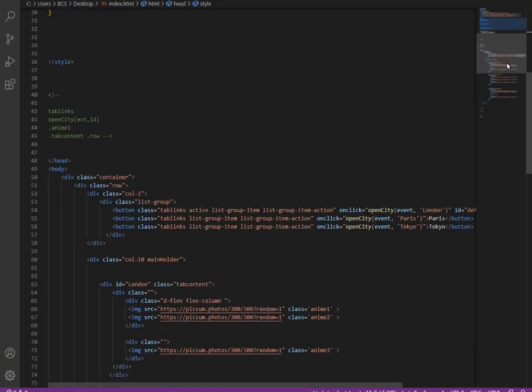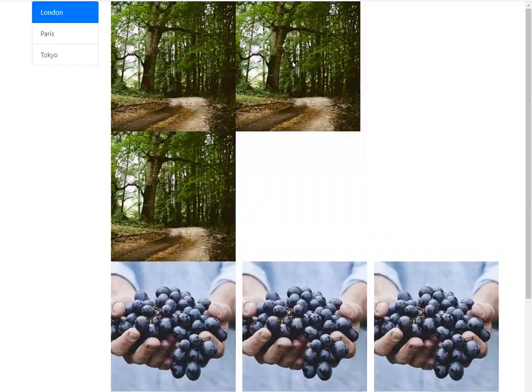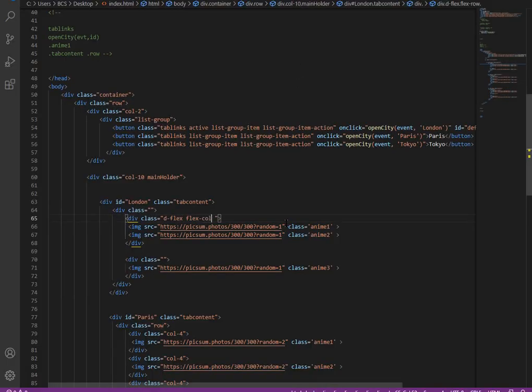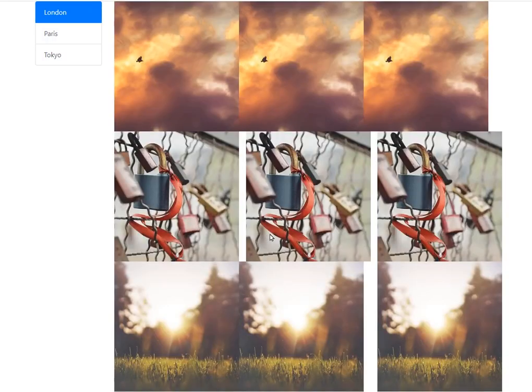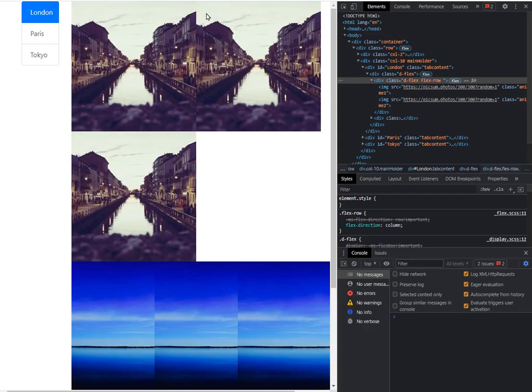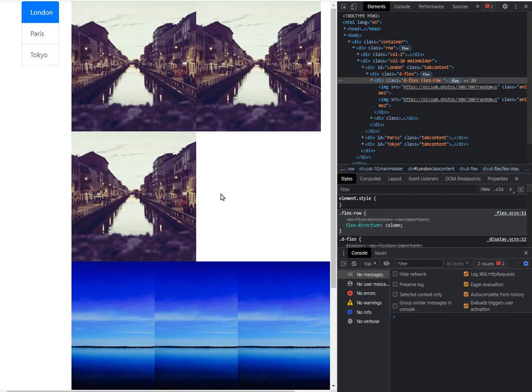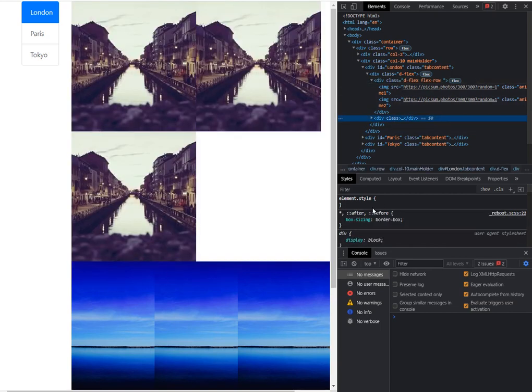One, two, and then the fourth one. You got it. I want it to be column, and the top one display flex. So if you see flex direction column, works fine. And then we have to use align self for this.